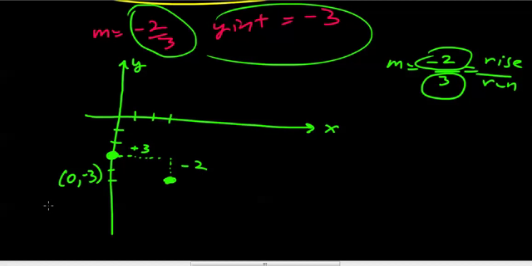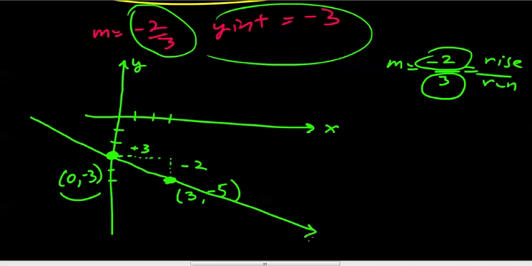Right. If this point has the coordinates 0, minus 3, well, if x goes up by 3 and y goes down by 2, I can indicate another point on the line in this fashion. Right, so I'll connect those 2 dots. 2 points determine a line. So there is a nice, easy way to graph the equation of the line,